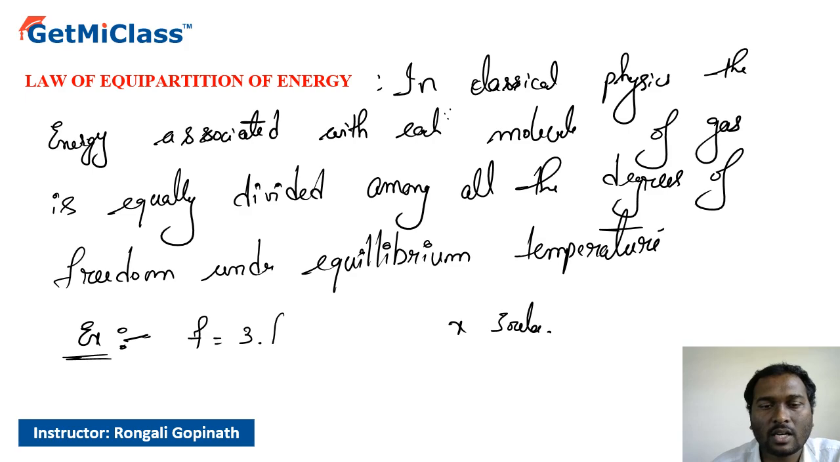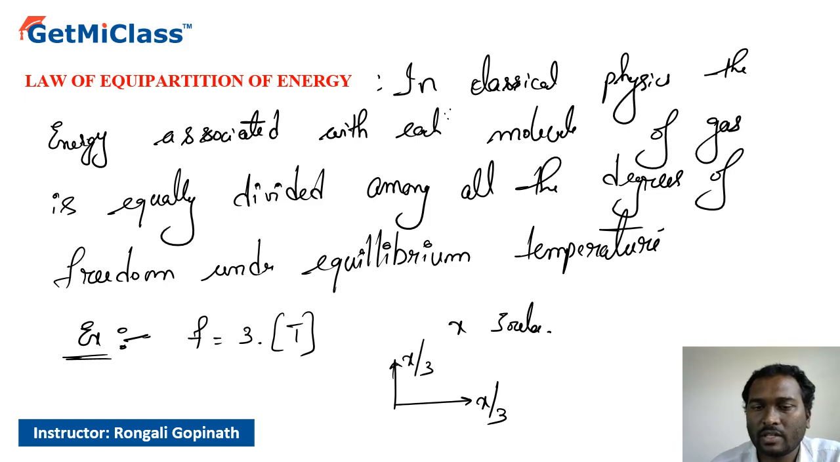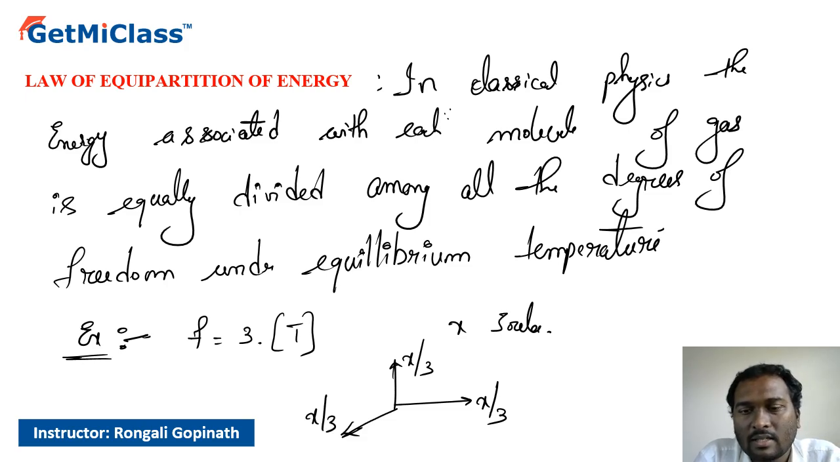These 3 degrees are translational, right? So x by 3 amount of energy will be along the x-axis, x by 3 amount of energy will be along the y-axis, x by 3 amount of energy will be along the z-axis. This is called the law of equipartition of energy. What does the law say? The energy associated with each molecule of a gas is equally divided among all the degrees of freedom